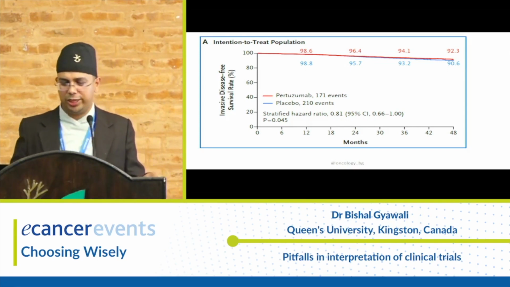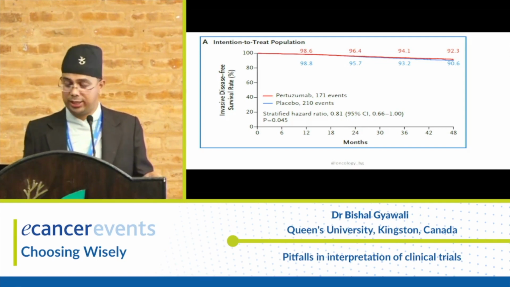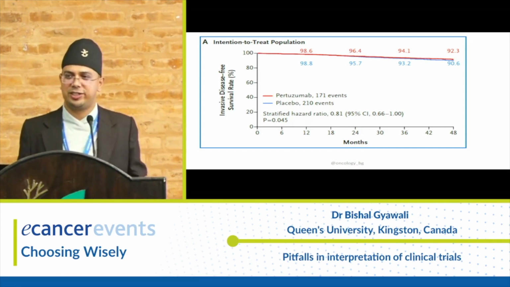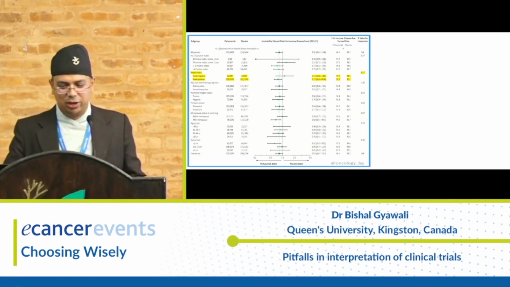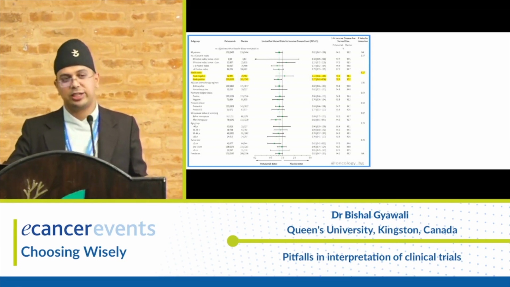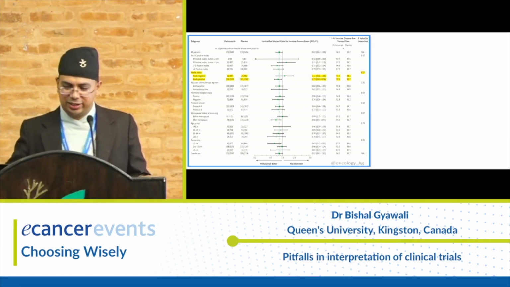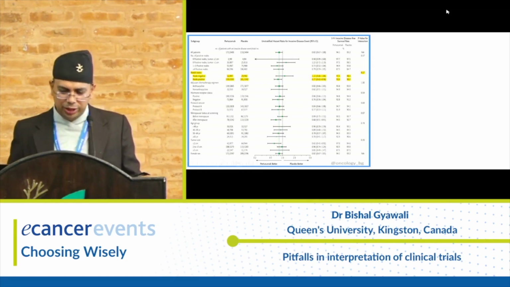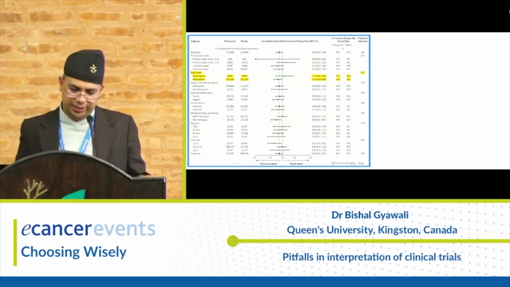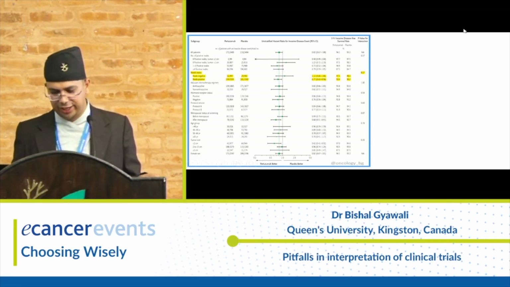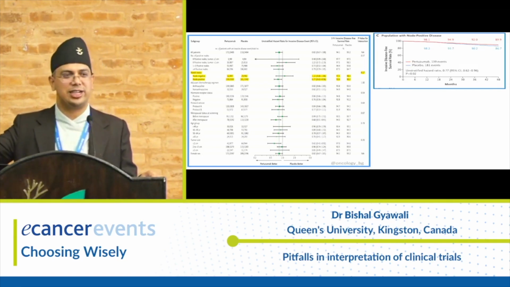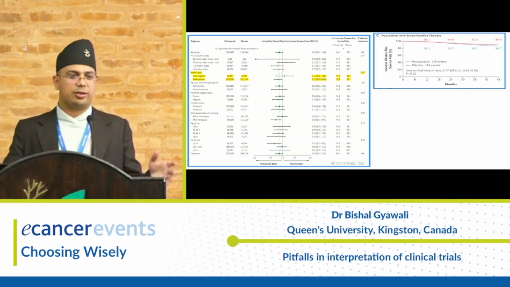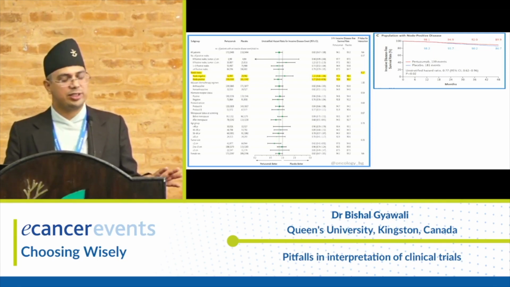But why would anyone want to use this drug? They would, because they presented subgroup analysis, ladies and gentlemen. Out of several subgroup analyses they ran, one was based on nodal status, that means whether the lymph node was positive or not. As you can see here, when the lymph node was negative, it was not significant. When the lymph node was positive, the result was significant. And again, here the difference is a little bit better, but you can barely see that there are two lines. So now they say, okay, you don't have to use it on everyone, but if it is node positive, use it. Is that the right conclusion?